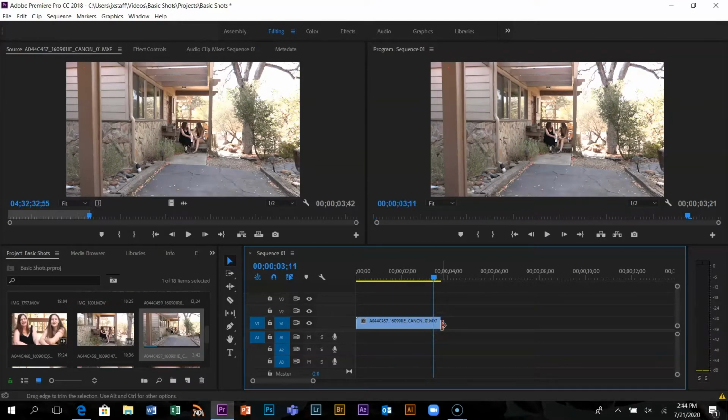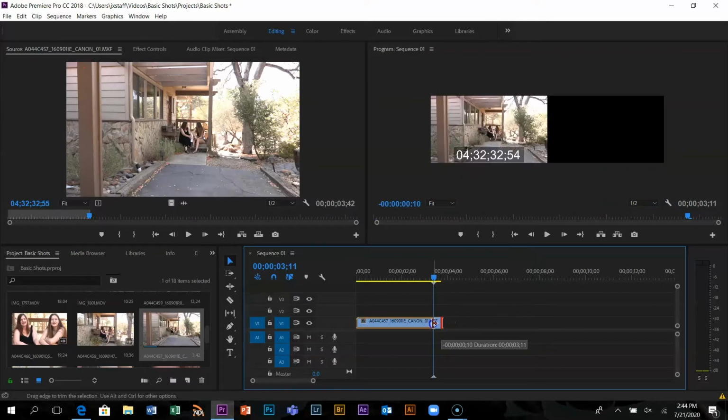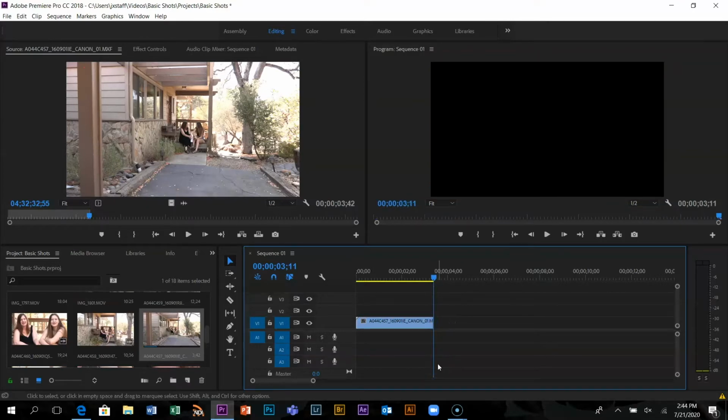And if you think, oh, that's a little too long, I can actually take it and trim it in. I could pull it out, make it longer. I could pull it in and make it shorter. Okay? Notice how it snapped right to that thing? I have this thing called snapping on. That's what that little magnet is right there. It's snapping right to there. So there's my